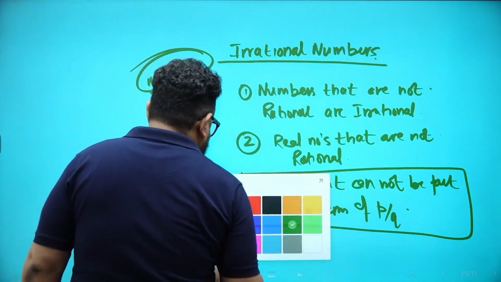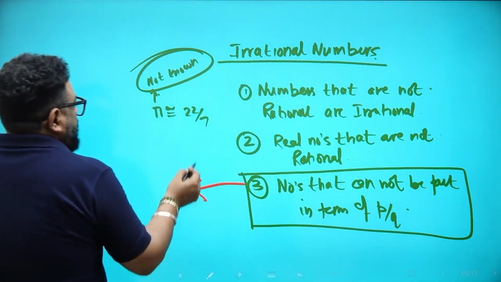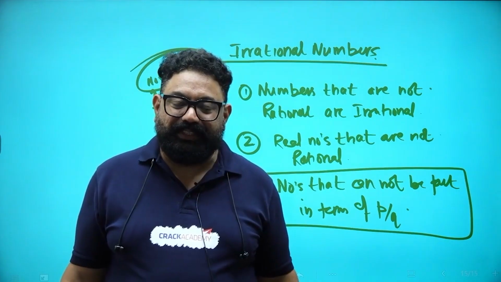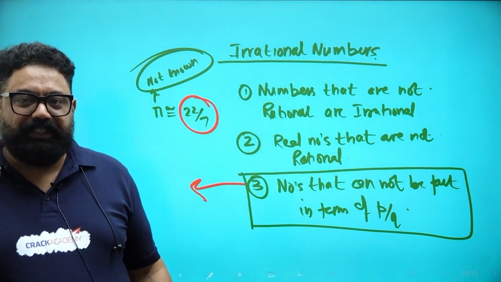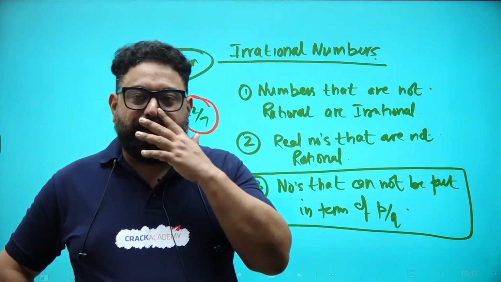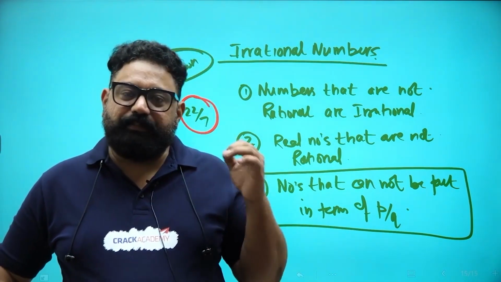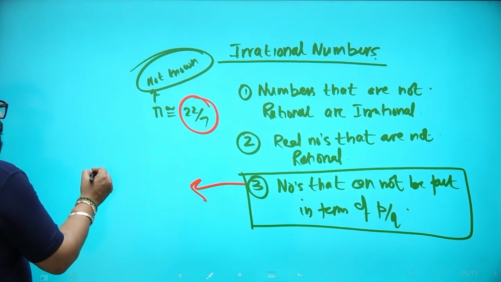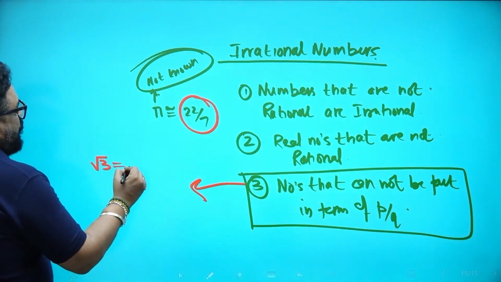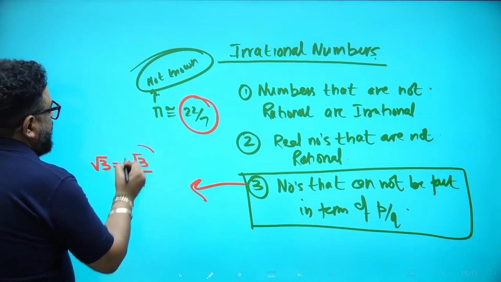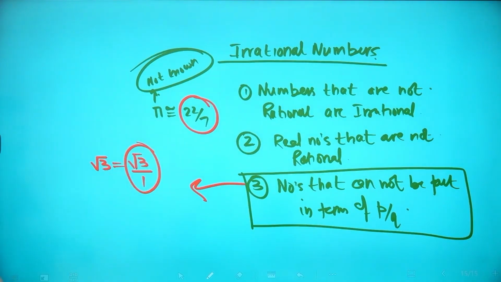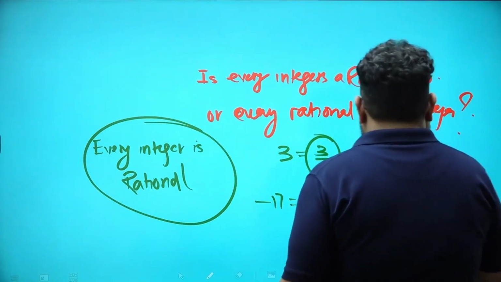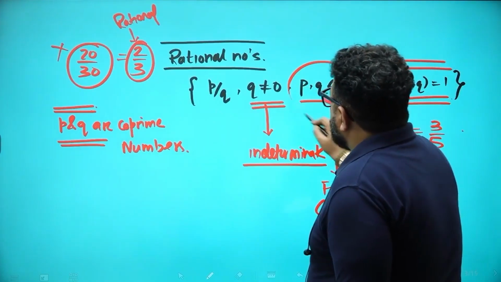Let's see this. Suppose you know the examples. This is 22/7 approximate, so don't bother. Don't ask me, sir, why are you putting it? Anyhow, the area of a circle is pi r square, but from today onwards, remember, there is always an error because pi is taken as approximately 22/7. Got it? And similarly, everyone knows root of 3 is an irrational number. Most students tell me, sir, see this, root of 3 upon 1, we can put root of 3 in terms of P upon Q. But what was the definition? The rational number definition was where P and Q belong to integers.